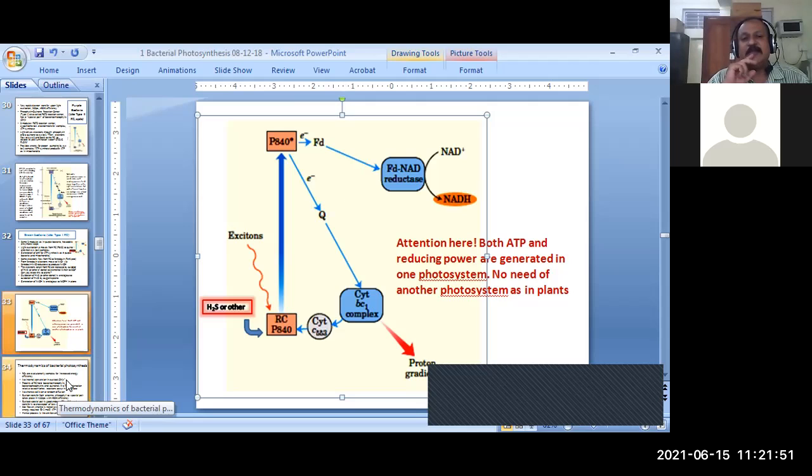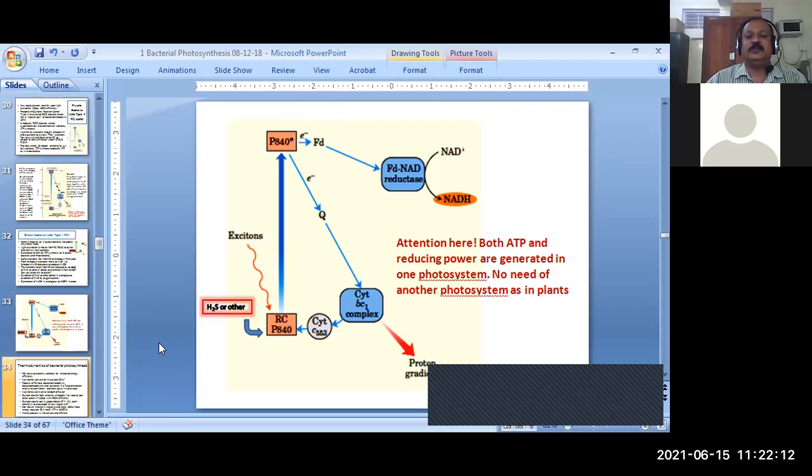I think in the next unit also we are going to see that. And then in the nitrogen metabolism, probably we are going to see some regulatory aspects also, genetic control as well as biochemical control. But for this unit, we are only limiting ourselves to this scheme of photosynthesis in the bacteria and in the plants. Of course, in the algae also.